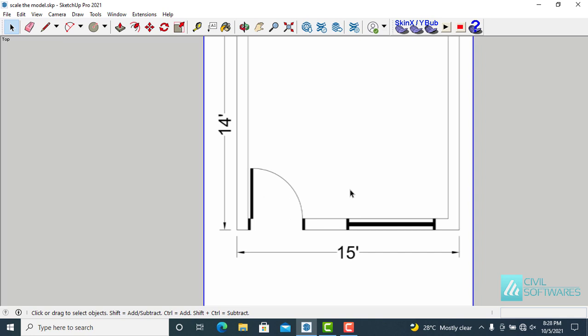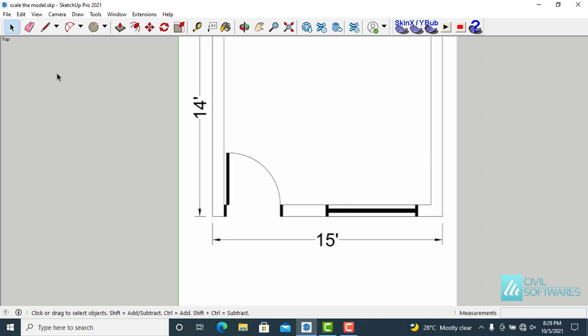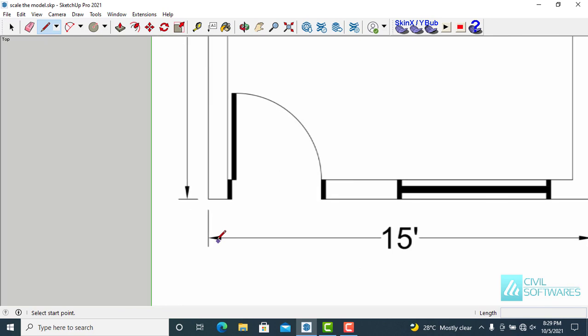First, find the largest dimension on the plan. In this plan it is 15 feet. The best way is to rescale the plan, draw a reference line. Activate the line tool by clicking this icon here and zoom in